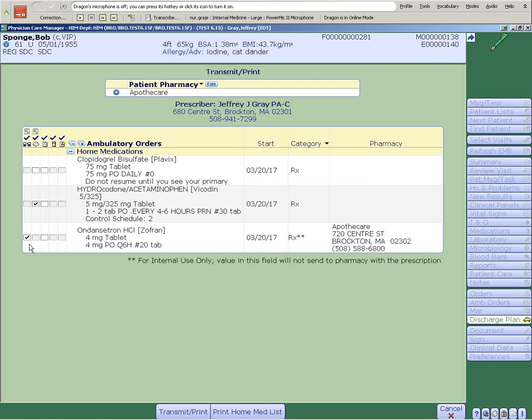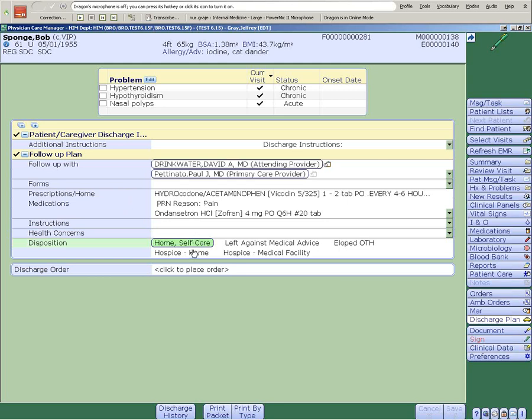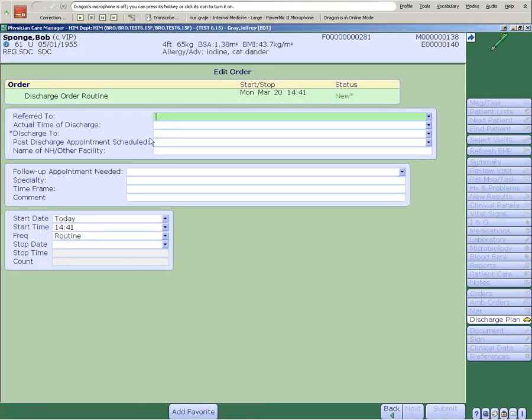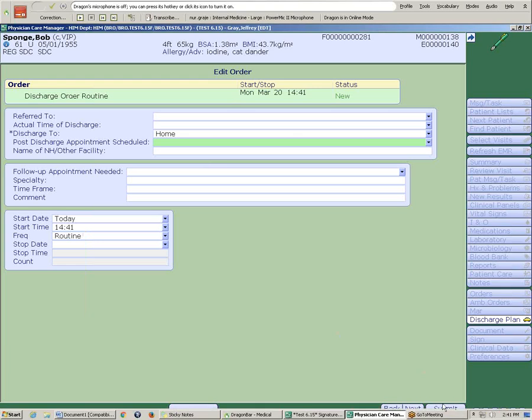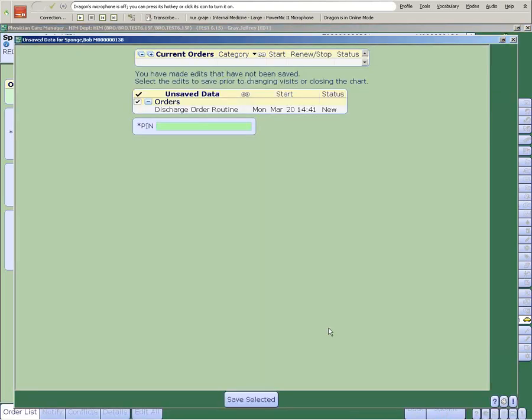For the sake of this demonstration, I'm going to cancel this, and it brings us back into the patient's discharge plan. From here, the only thing left to do at this time is to file the patient's discharge order. Default is to home, self-care. I simply place the discharge order, which is standard. Having done so, I now submit, placing the pin,